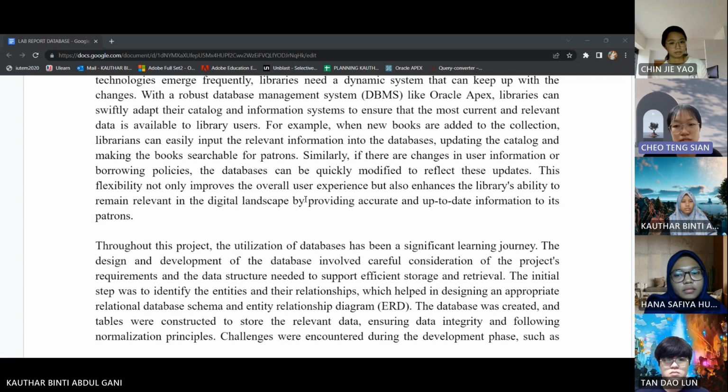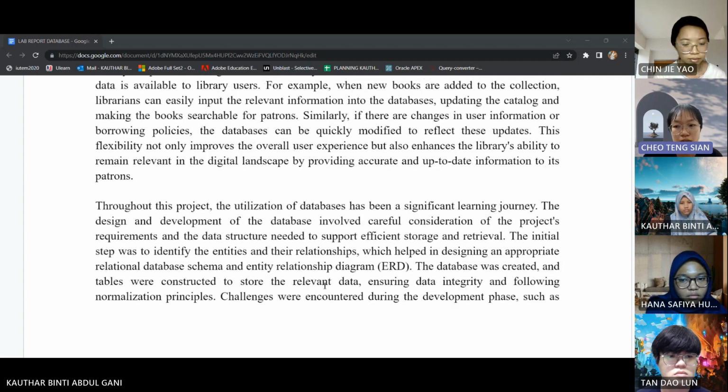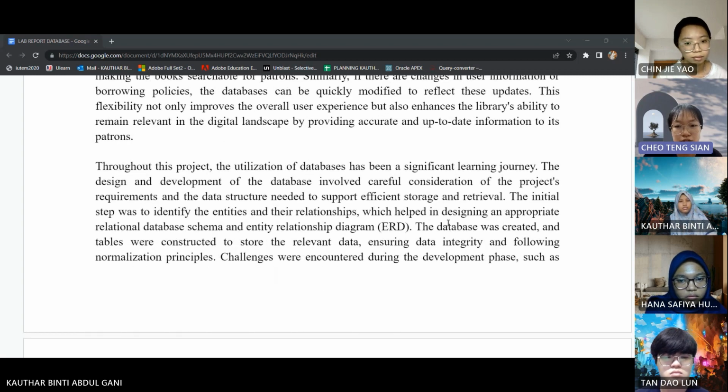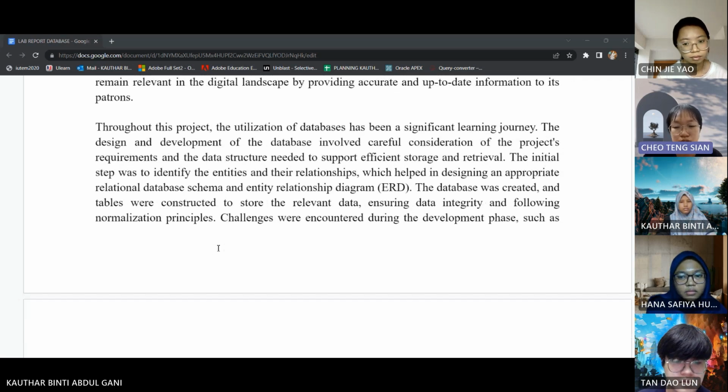Throughout this project, the utilization of databases has been a significant learning journey. The initial step was to identify the entities and their relationships, which helped in designing an appropriate relational database schema and entity relationship diagram (ERD). The database was created and tables were constructed to store the relevant data, ensuring data integrity and following normalization principles.